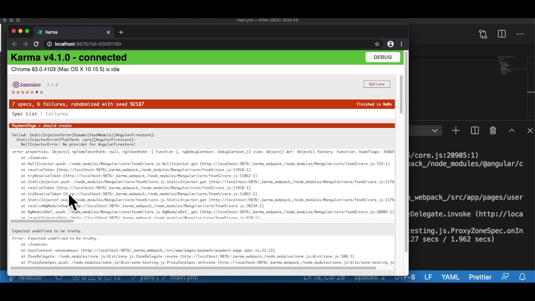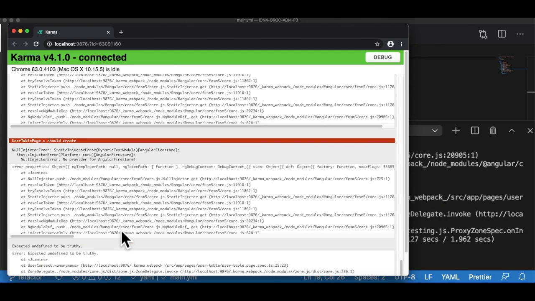My tests are failing and I have to fix my tests somehow, or maybe I can ignore some of the test cases and just run only the successful cases.